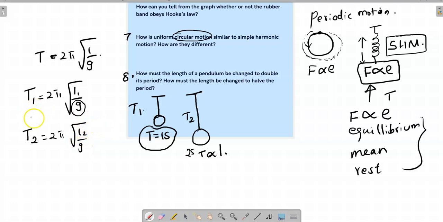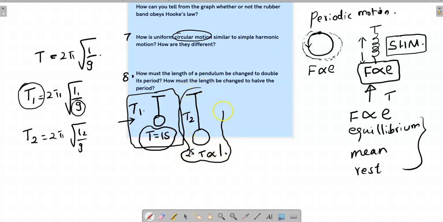Now you can say that T1 is the reference, and now we are going to find, if the time period is doubled, what would be the length of the pendulum? So you will be dividing T2 by T1, and T2 is 2 pi square root of